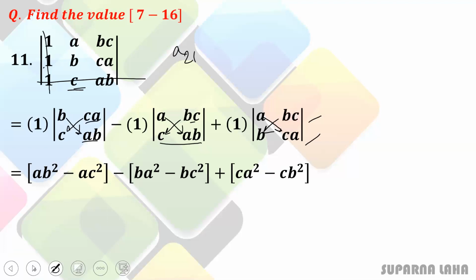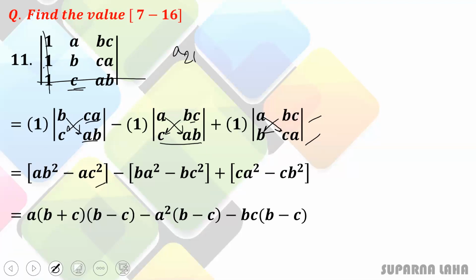And now just break it and take some elements common. So first of all, from the first two elements you can take common A. This is B square minus C square. So the A square minus B square formula you can apply. So you can write B plus C, B minus C. Now taking common the A square from this term and this term, so minus A square I'm taking common. So that means this is B minus C. Here it is. And now taking common from these two terms.